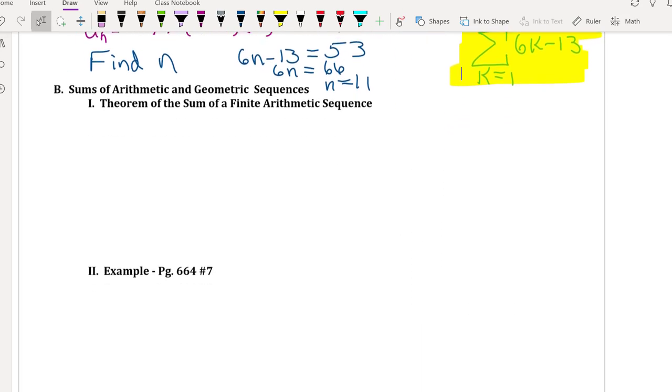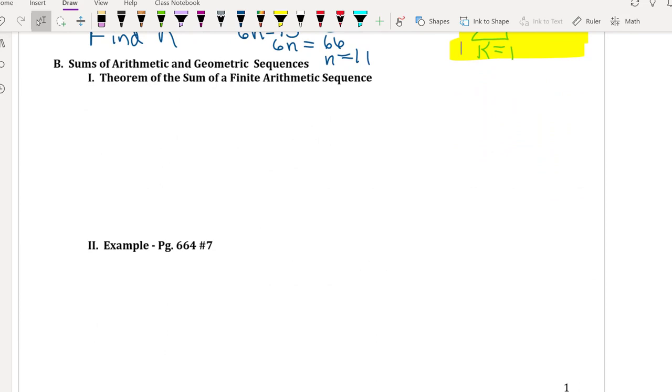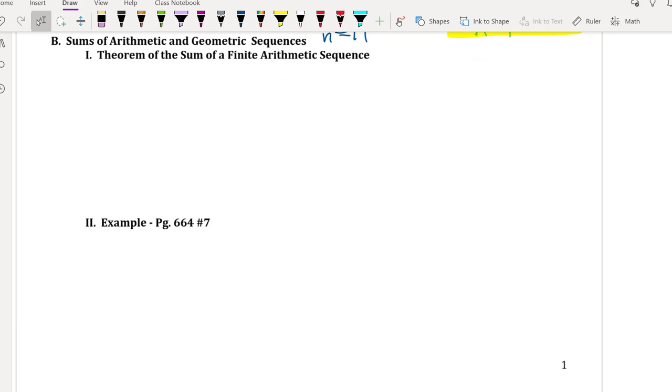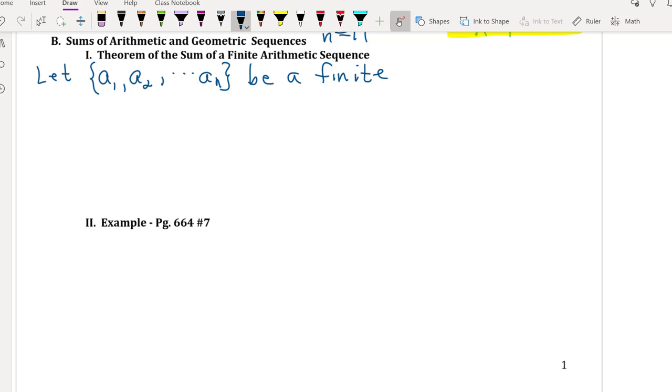Okay, next we're going to look at a couple special sequences. They are the arithmetic and geometric, which we worked with in the last section. So there is a theorem of the sum of a finite arithmetic sequence. So I'm going to write that out. So we're going to write our sequence a1, a2, up to an, be a finite, and by finite we mean it ends. There's a final term. A finite arithmetic sequence